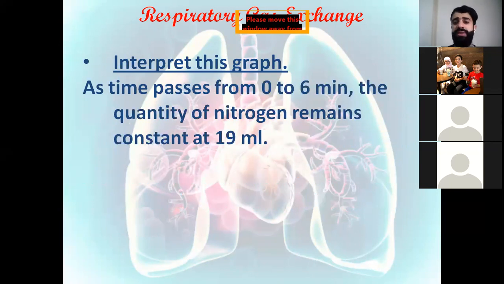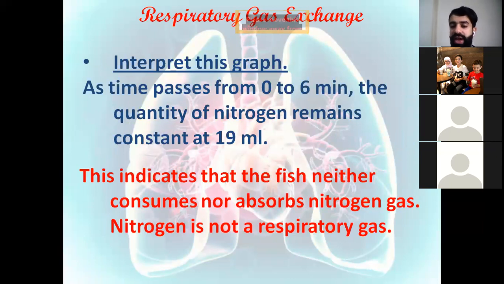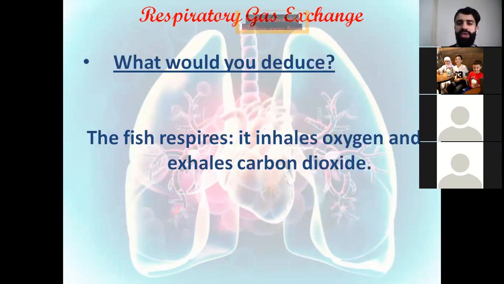The last one: time passes from 0 to 6, the quantity of nitrogen remains constant at 19. So this indicates that the fish neither consumes nor releases the nitrogen gas. So nitrogen is not a respiratory gas. As a conclusion, we can deduce that the fish inhales the oxygen, so it consumes the oxygen, and exhales